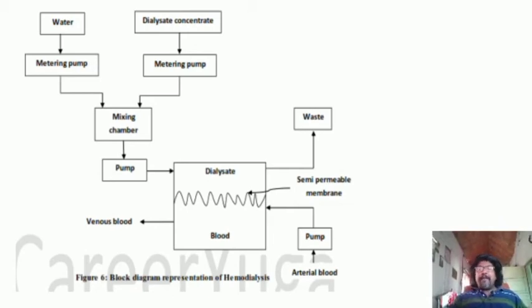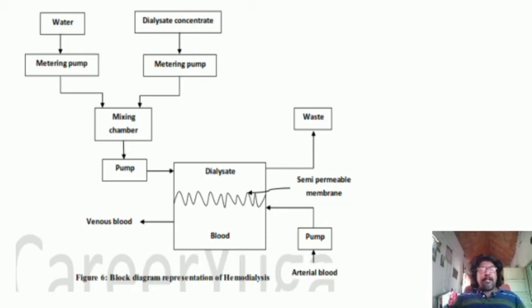What I have explained so far is the advanced method of the hemodialysis technique, and this block diagram, which is shown in this slide, is a very basic as well as very old generalized block diagram of the hemodialysis, but working wise the same. But nowadays hemodialysis has been advanced very much, and the advanced hemodialysis is what I have explained so far. And this particular block diagram which I have shown on the slide is a very basic and generalized thing. Here you can see there are two mixing chambers.